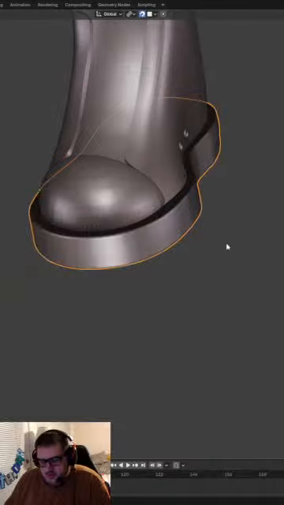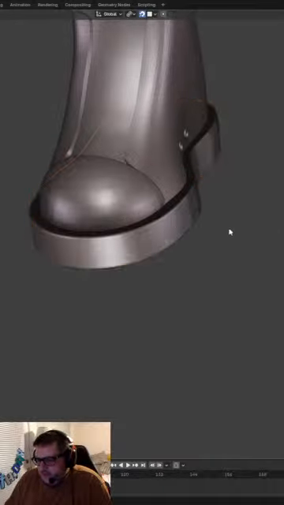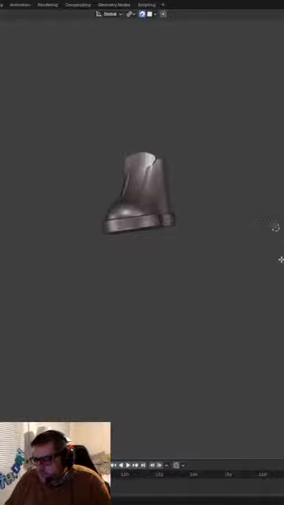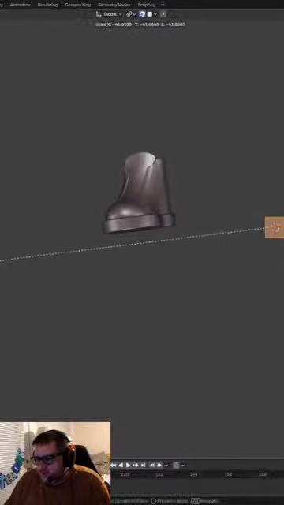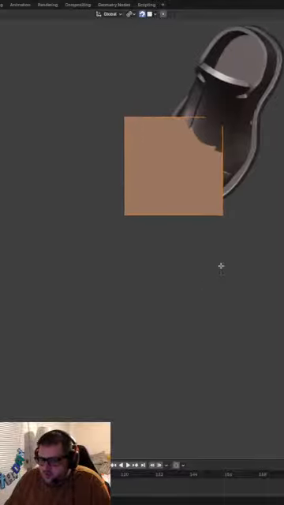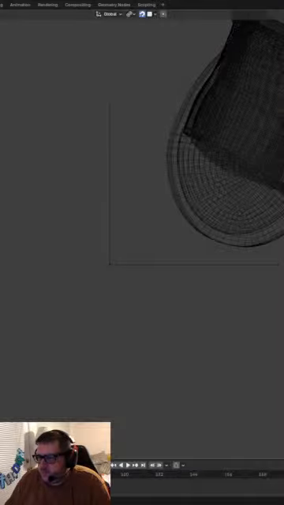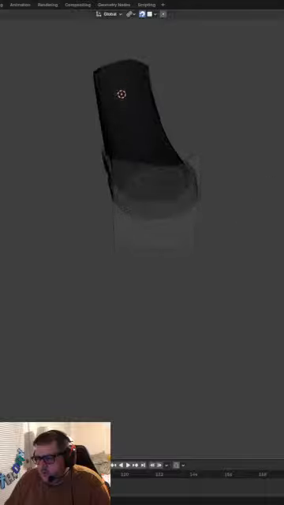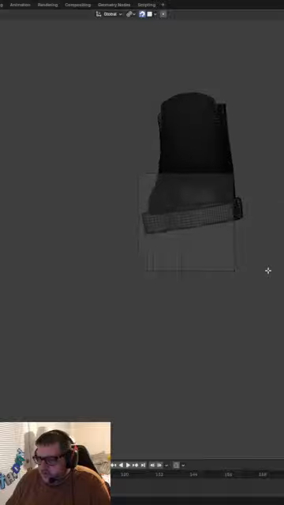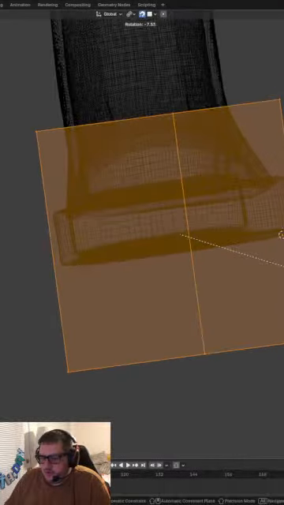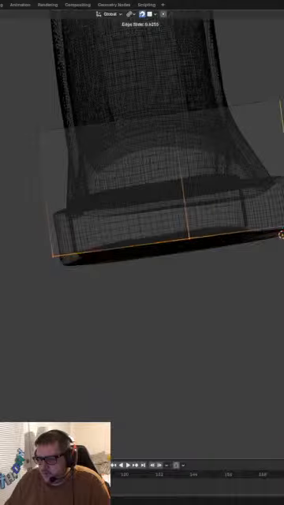However, I'm not against adding some detail, I just don't want to go too crazy. So what we can do is go in here and create a little toe cap, which doesn't go totally overboard.